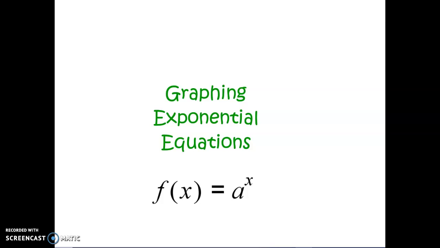In this video, we are going to continue the work we began in class, and we're going to be looking at graphing exponential equations. An equation is called exponential if it has a variable in the exponent. You can see the word exponent right here inside of exponential. So a is going to be a number, could be a whole number, could be a fraction, could be a decimal, but it's just going to be a number, and then x is going to be your variable up there